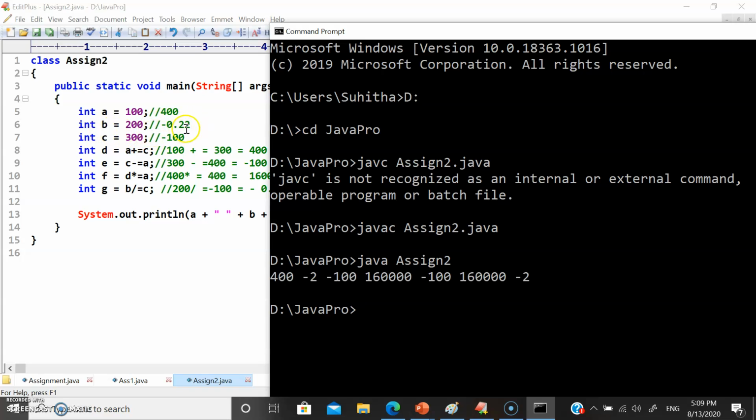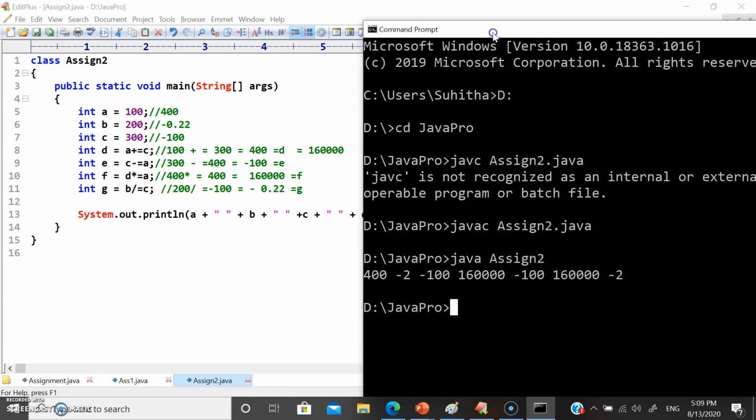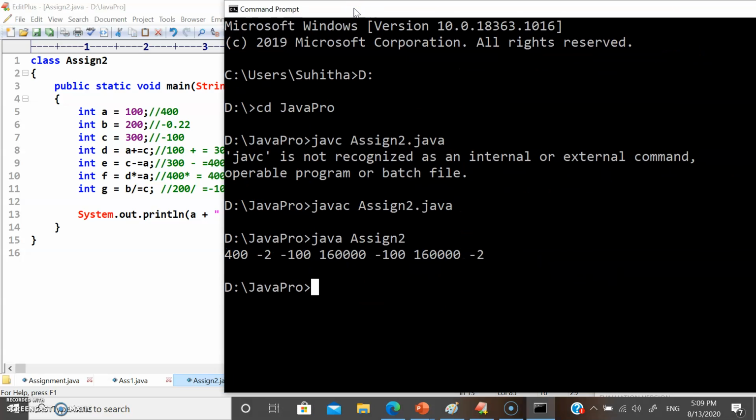We expected 0.22, right? An integer will not store a decimal, so in that case it's just giving -2. Perfect. The c value we calculated, -100. And the d value we calculated, yes, 160,000. And then the e value is -100 and the f value is -100. Even your g value is -2. So perfect, whatever we calculated, we got in the proper answer.